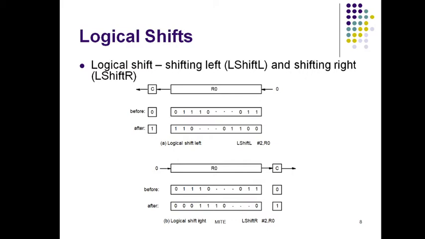R0 is nothing but the bits contained in this. Okay, so before the carry bit was containing 0, and these were the contents of the R0. It started with 0 1 1 1 0. The last three bits are 0 1 1. So the instruction is what? Left shift LShiftL #2, R0. That means I have to shift the contents of R0 by 2 bits. Okay, just observe, left shift means leftmost bits I have to shift. How many bits? 2 bits, because it is already mentioned in the instruction. So I am going to shift.